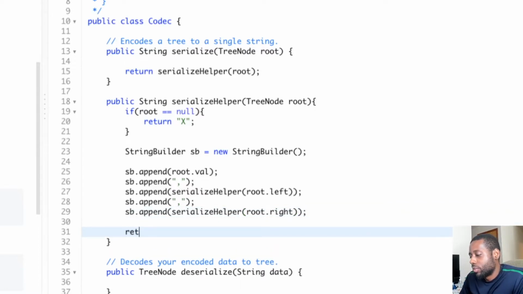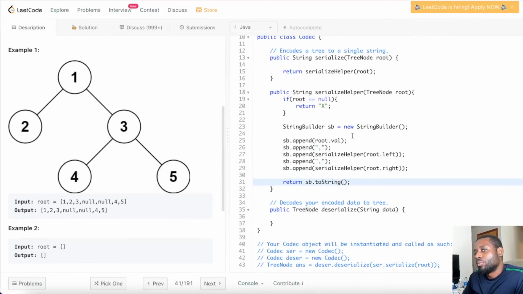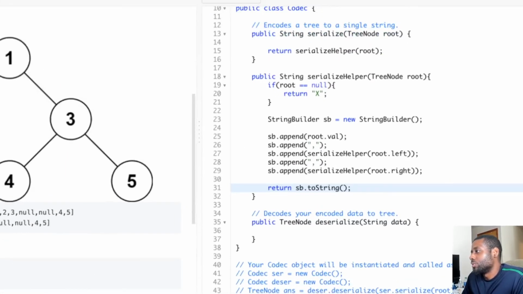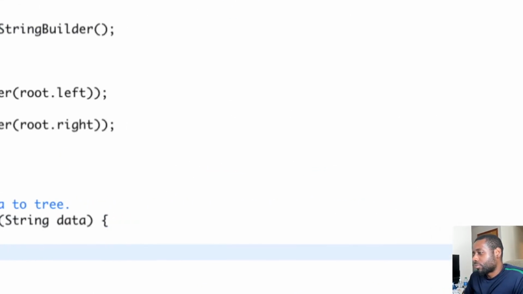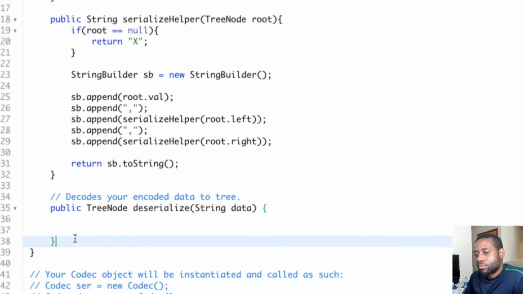So after we serialize our value on the left side and our right side, what's next for us to do is to return that to our parent, so that they can get our answer. Every node is going to serialize itself and its subtrees, and then return to the parent, and then the parent is going to add them to the result. So now we've gotten the thing that we want. Everything's serialized. So now we're going to do the deserialize function. That's when the fun begins.